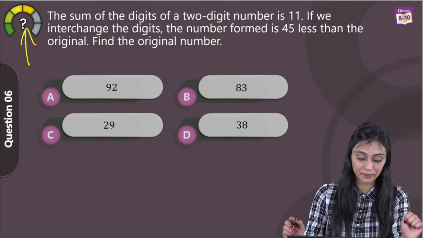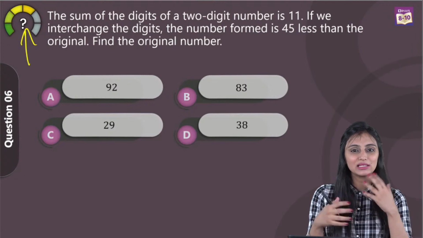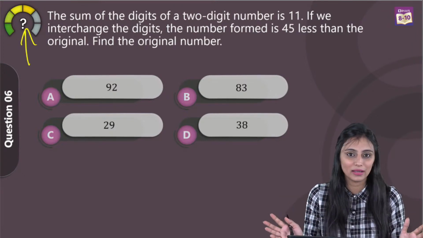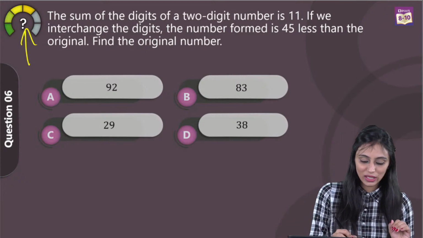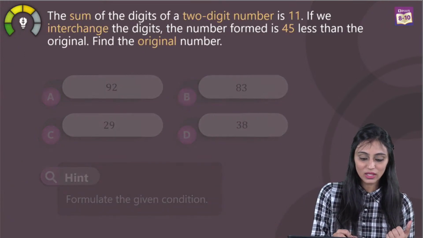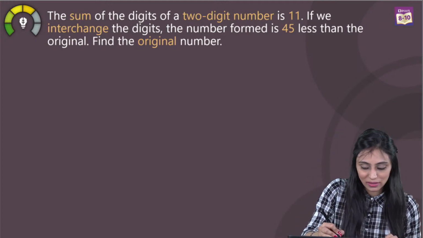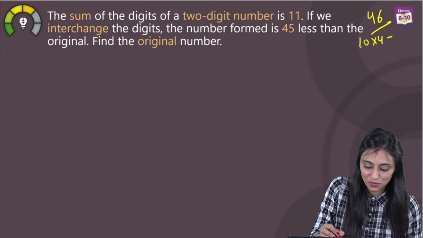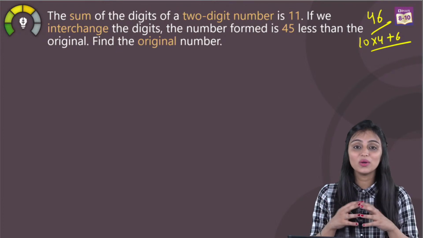Find the original number. Well, I have seen that in digit problems, students cram the steps. You don't need to cram things up. You don't need to mug up things, right? I'll tell you a very easy thing in this. See, when you're talking about a 2-digit number, let's suppose the number that I have is 46. How would you expand this? You would say it's 10 times 4 plus 6, correct? Right? Now, here I don't know what the number is.